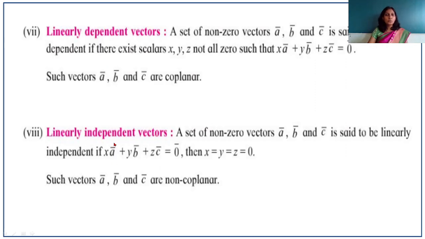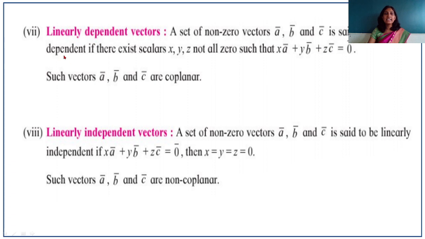Then these 2 points are also important for the JEE and CET examination. What is that? Linearly dependent vectors. Suppose there are 3 vectors A bar, B bar, and C bar, and these 3 vectors are